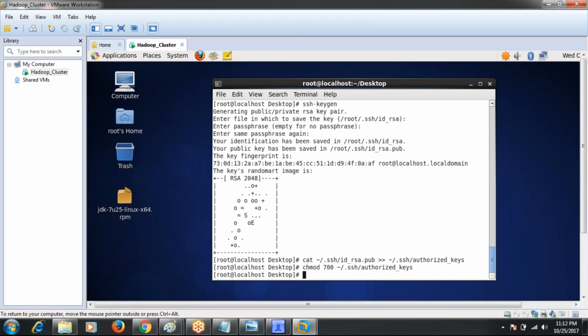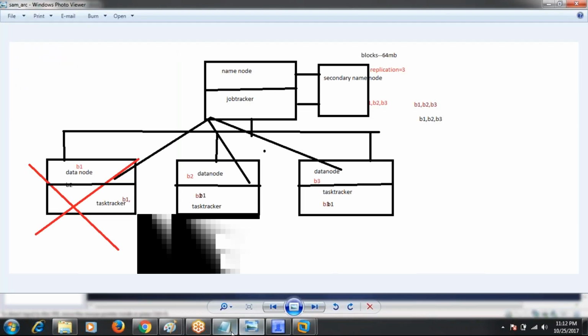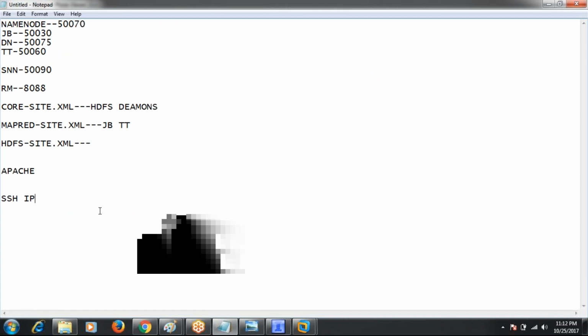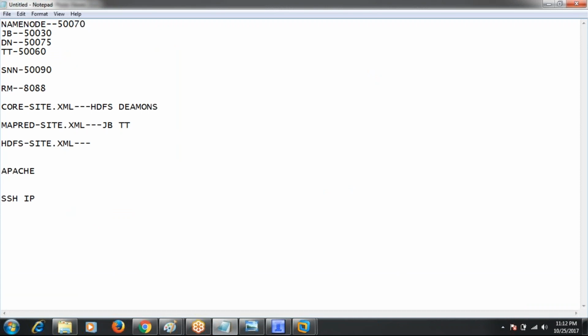Okay, I'll explain. Actually in Linux, 700 means the first 7 is for user, then group, other. In Linux, we have read, write, executable permissions for any file or directory. If we want to access that file, we have to give read, write, executable permissions.